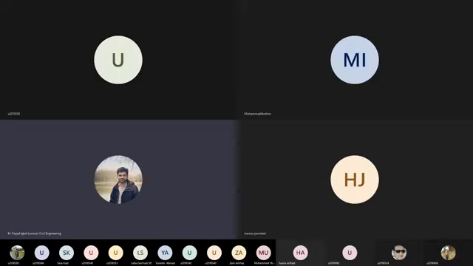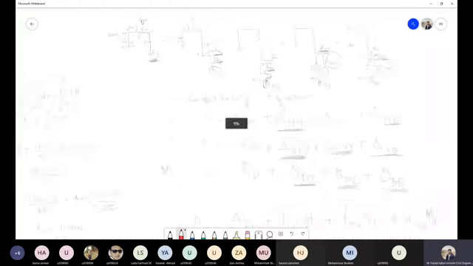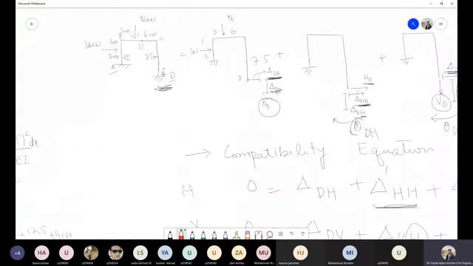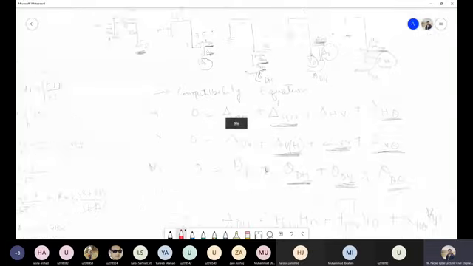The previous example, which we started in the last class, was this frame problem. It was an indeterminate frame, and we were supposed to analyze it and figure out the reactions. So what we did was take this D support as redundant, and for that D support, based on this condition, we wrote this equation,